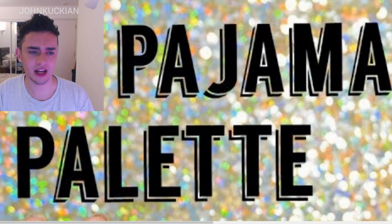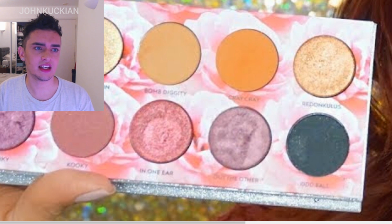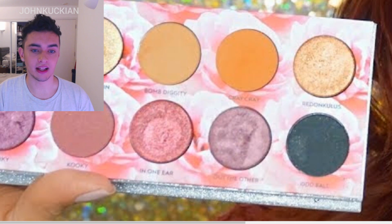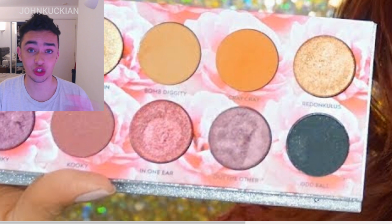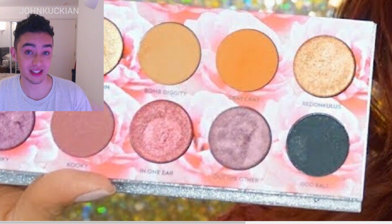If we look at this thumbnail where you can see the colours all together, again you can see it looks very similar to the Zoeva She. Now obviously there are definitely differences, but this is the Zoeva She palette, which is $16. This is the Laura Lee eyeshadow palette, which is $40, not including shipping. To get this palette to the UK, I think it's something around $22, so it would cost you $62 approximately, probably a bit more than that I think from what I was hearing, to get this to the UK, which is about £50,